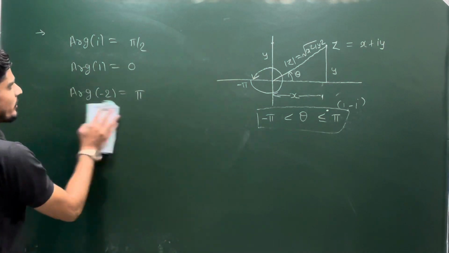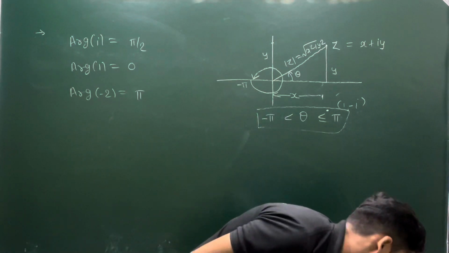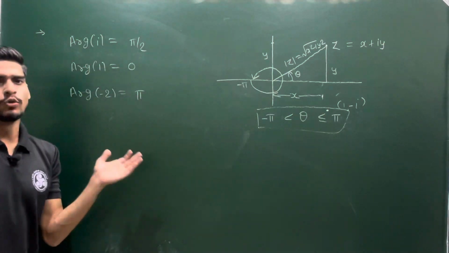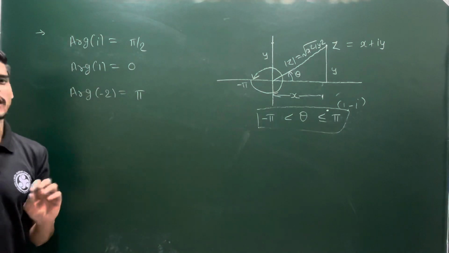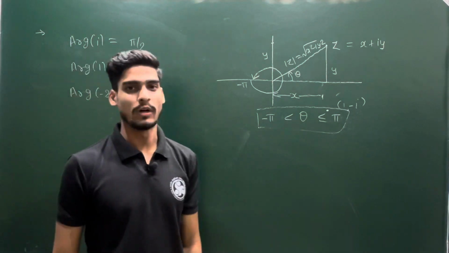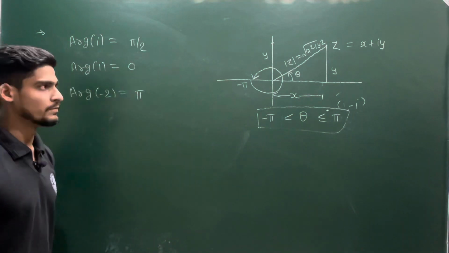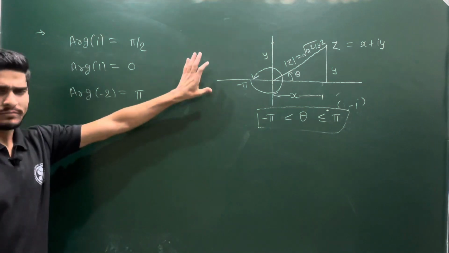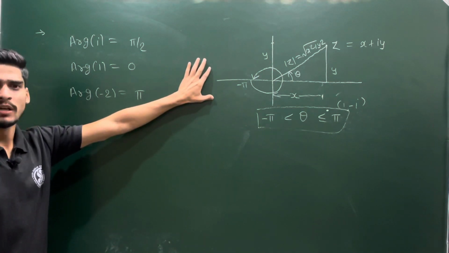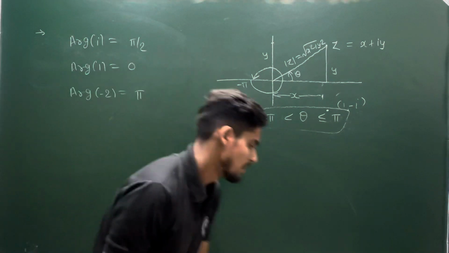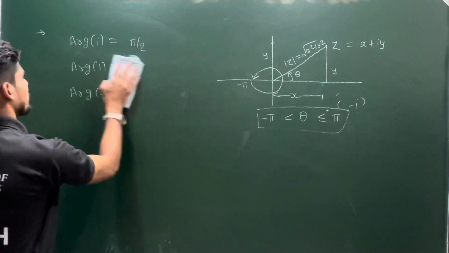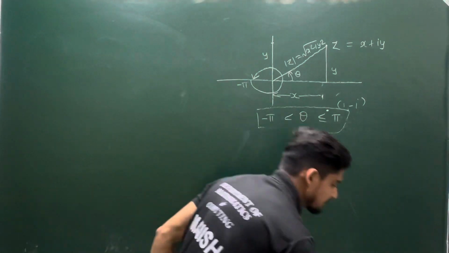Now once you are having the argument of z, then you try to go further. You try to analyze what is the argument of z1 into z2. You try to find that one also. So for that we need a polar representation and exponential representation. But before that, let me ask you one question.